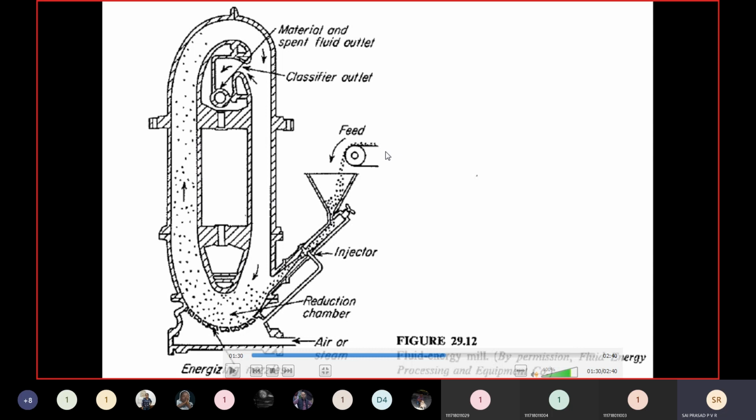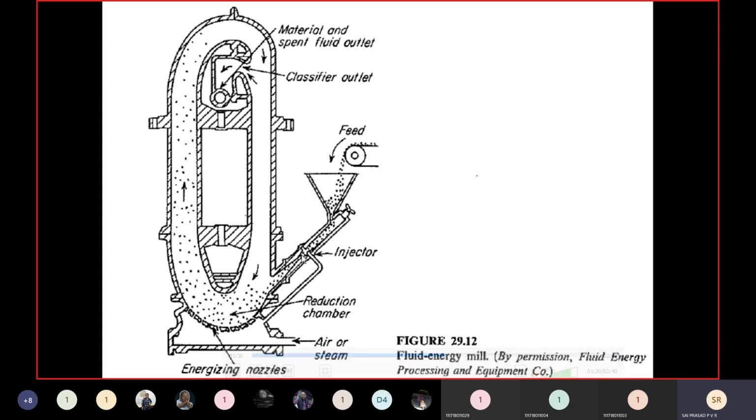Okay. Now with the help of a conveyor belt, the feed will be falling into a hopper in a controlled manner by adjusting this lever. When the feed is falling, here we have an injector. A part of the inlet air or steam is diverted by means of a small pipeline introduced here. With this, it will be throwing the particles in this direction, because it is adjusted in such a manner that the gas or the steam will come from this side only. It cannot go back. Okay, that is how it is introduced.